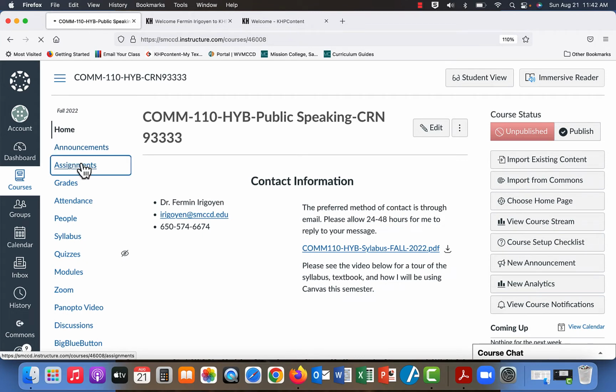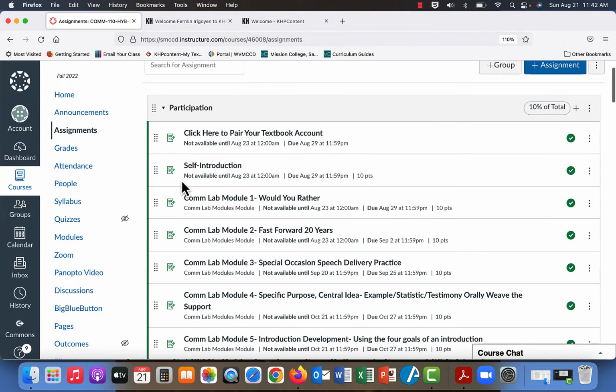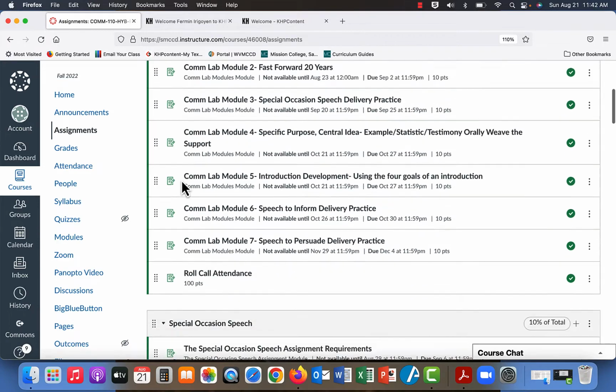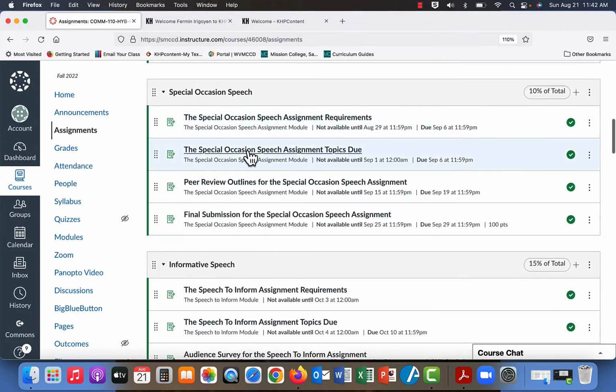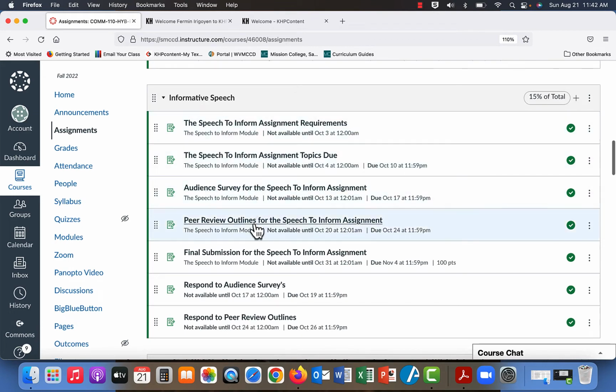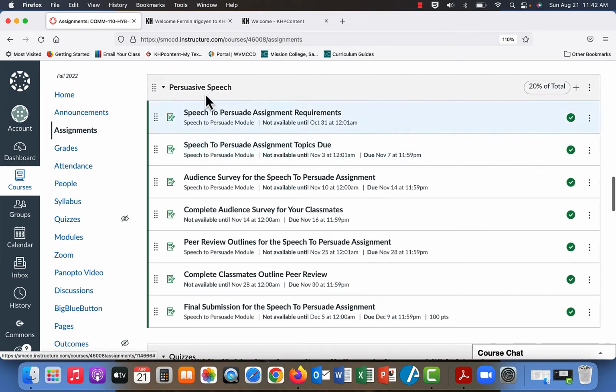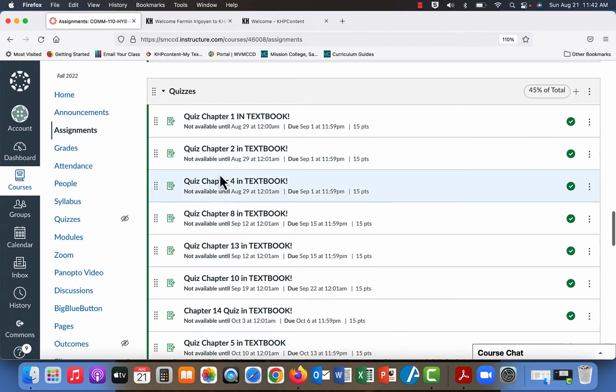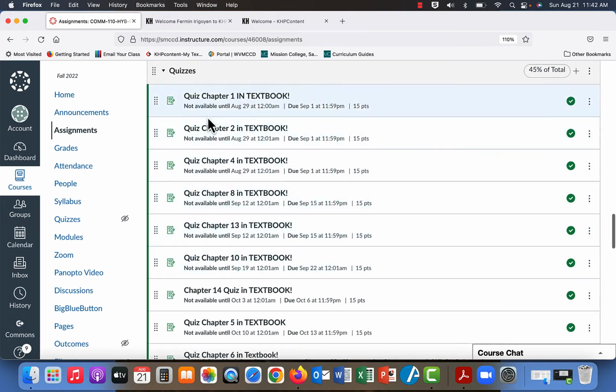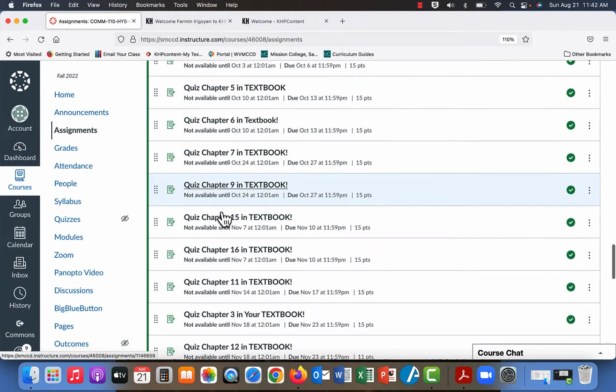Let's next move to assignments. I have participation assignments, and I have assignments for your speech for special occasion here. I have assignments for your informative speech. I have assignments for your persuasive speech. And then here you've got links to your quiz, but that will be taken through your textbook.